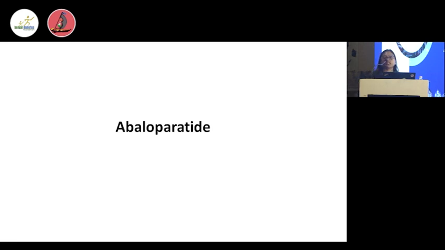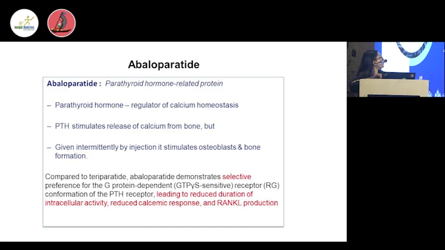Now, this is very interesting data which shows the comparison between romosozumab, alendronate and teriparatide. As you can see here, the green line demonstrates the romosozumab arm, this orange one is the teriparatide arm, and this one is the alendronate arm. This is the placebo arm. So, you can see that there is a significant increase in the BMD by around 11% in the romosozumab arm, while there was around 6% and 2% with teriparatide and alendronate at the level of the spine.